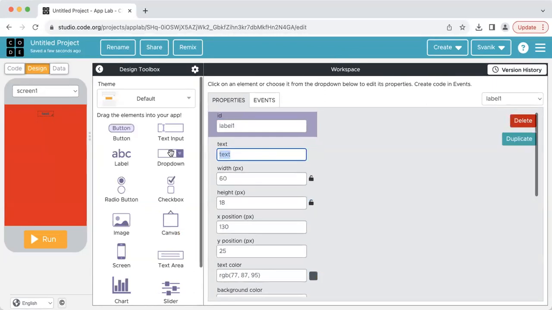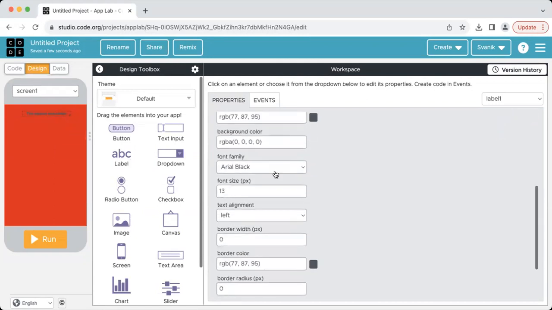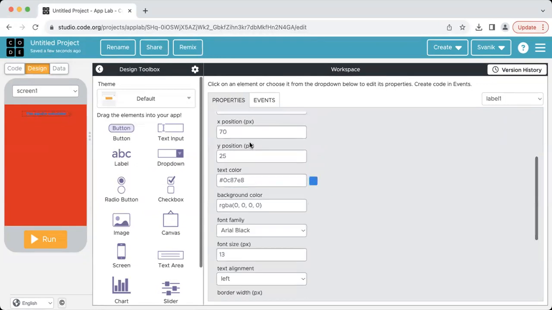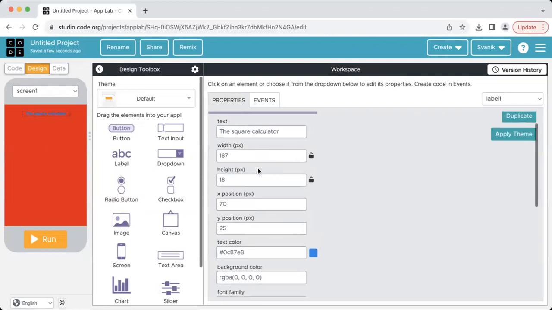What should we call it? The square calculator, maybe. Then we'll put it in the middle. We'll change the color so that we can see the text. Perhaps like this. We can increase the